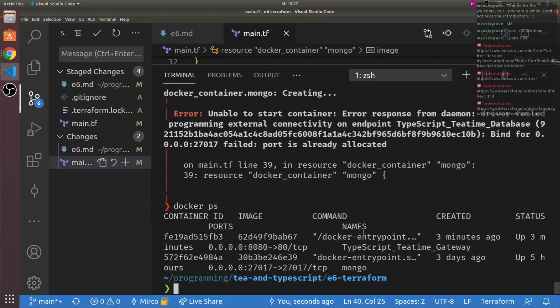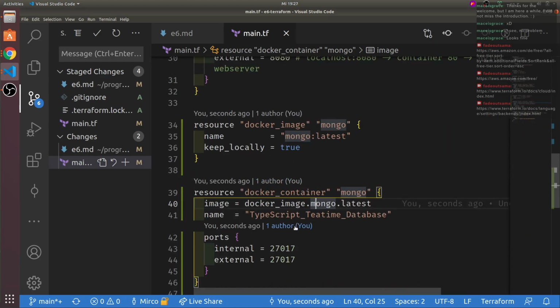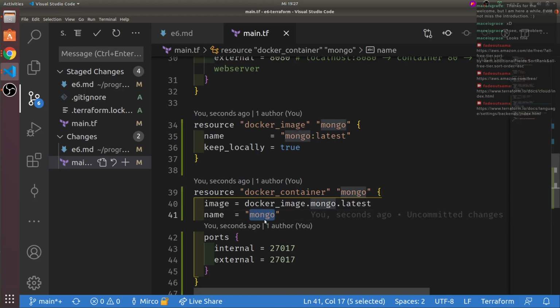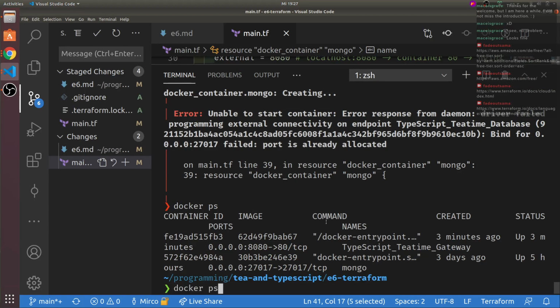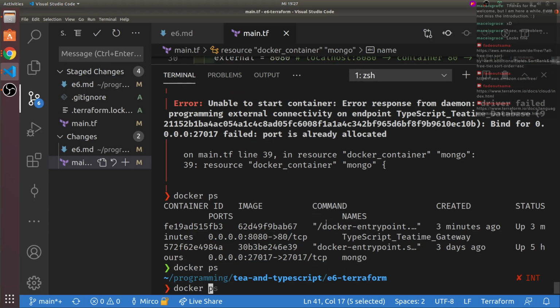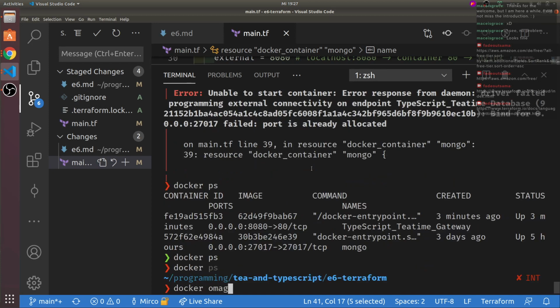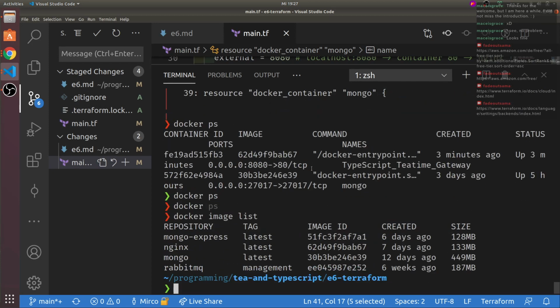Maybe let's give it the name Mongo, because that's the name that I have here. Currently I gave the container a different name from what's already running. I'm curious what it will do now. One thing that I do think it did, Docker image list.